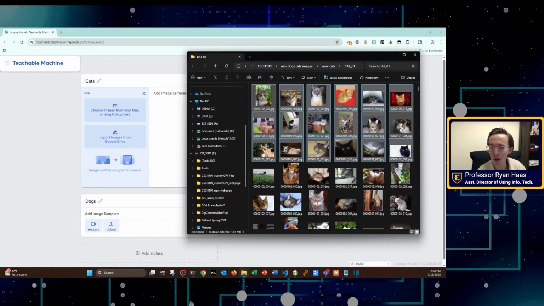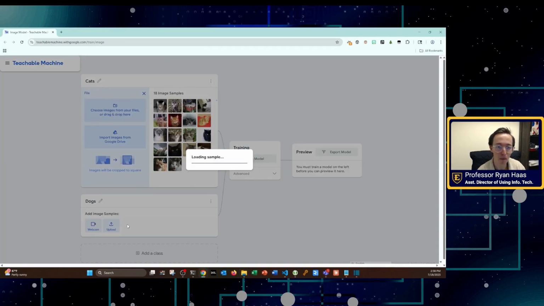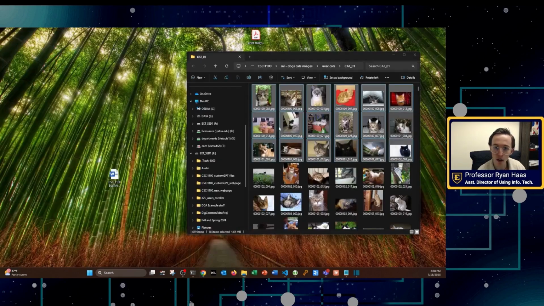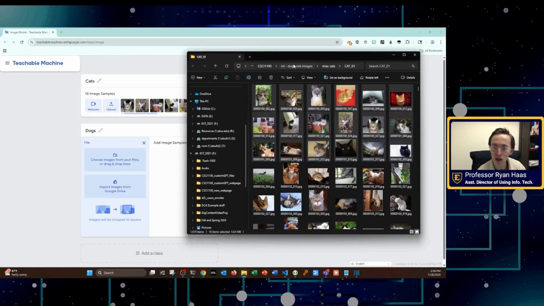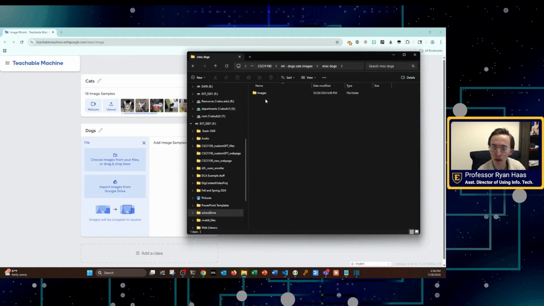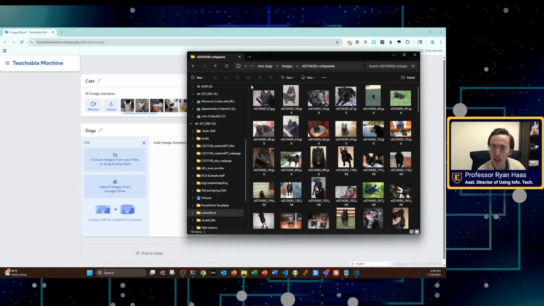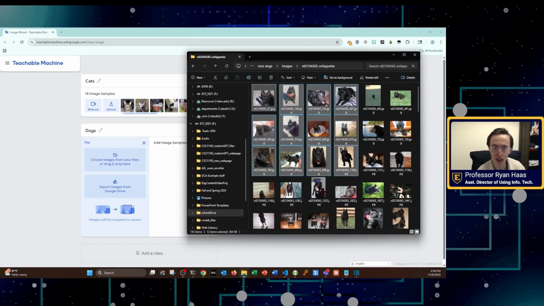I'm just going to grab like 15 or so of these and upload them, and then I'm going to try to do about the same. I think that says 18 samples for dogs. So let me go find some dogs. Oh boy, I forgot I have lots of dog categories.